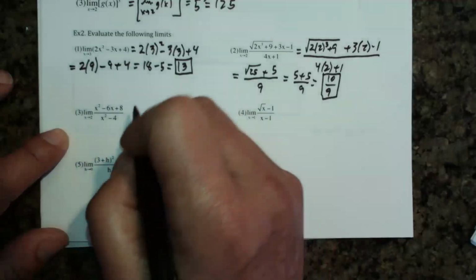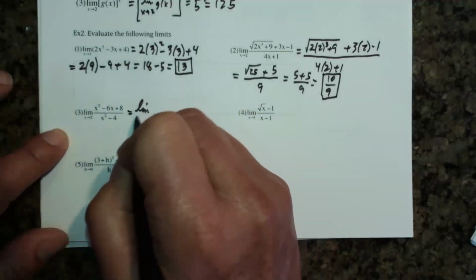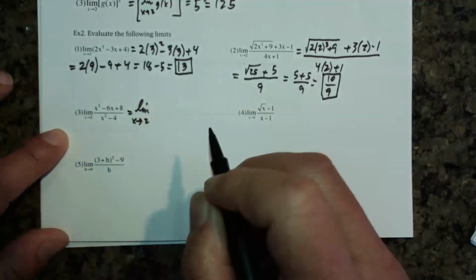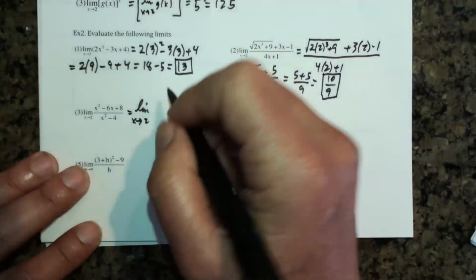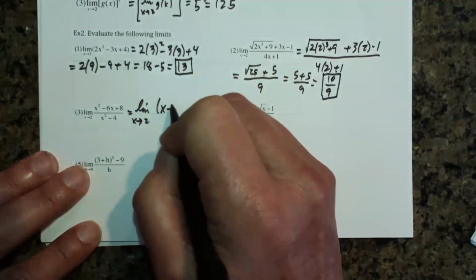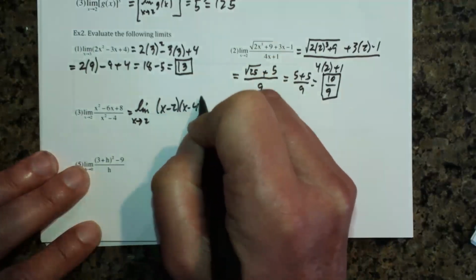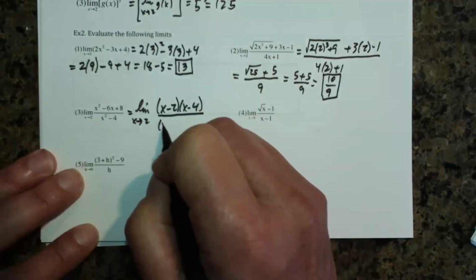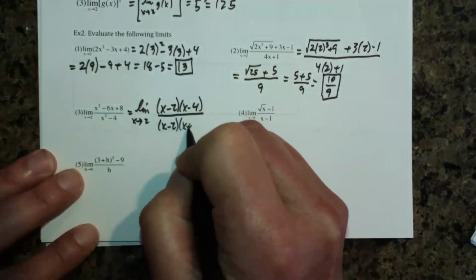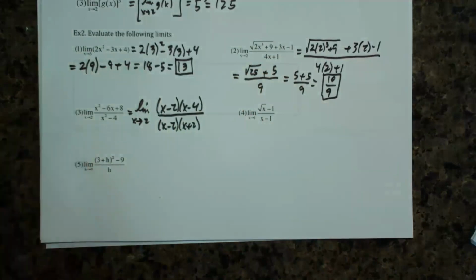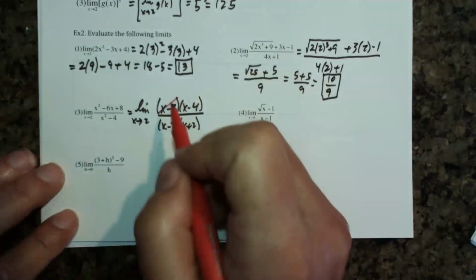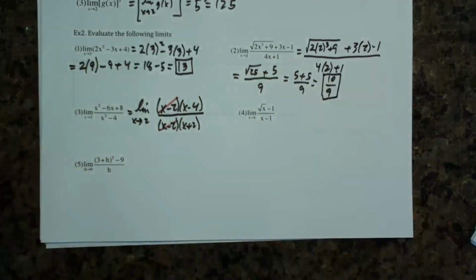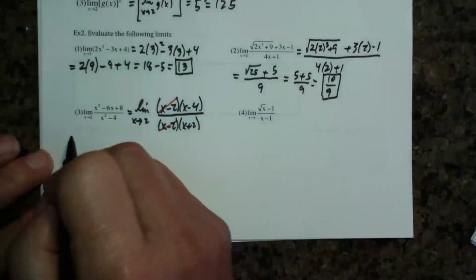But what we can do is factor the numerator and denominator. And this one obviously has been fairly well designed, where we can just reduce it out like that. And we end up with,